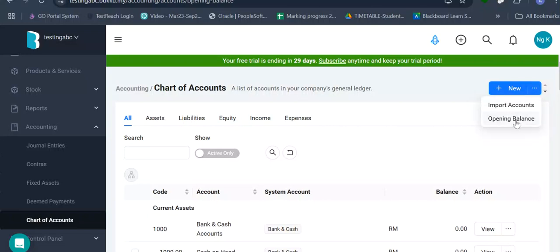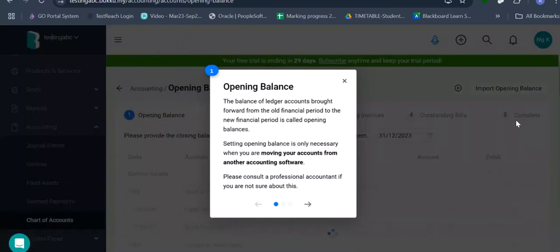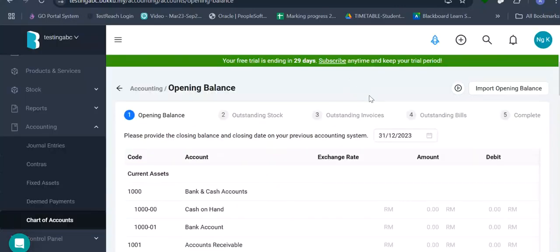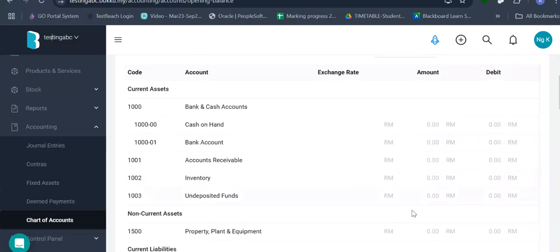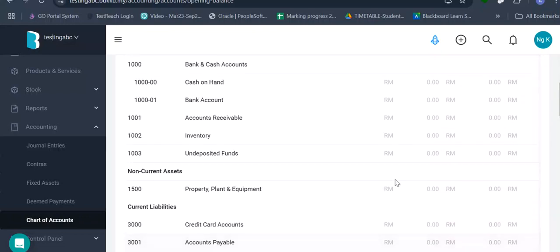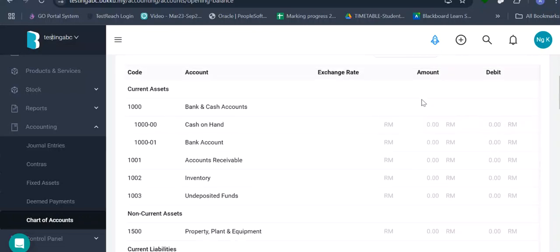This is an easier way to do it. If you do not have a lot of business transactions, then you can use this function. What you can see here is they allow you to insert one by one. Let's say, for example, the cash on hand. You put the amount 100. So this 100 was recorded in the old system before.